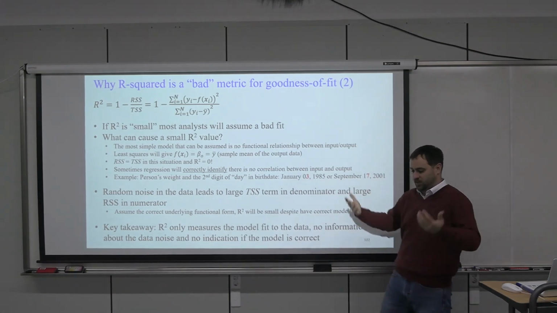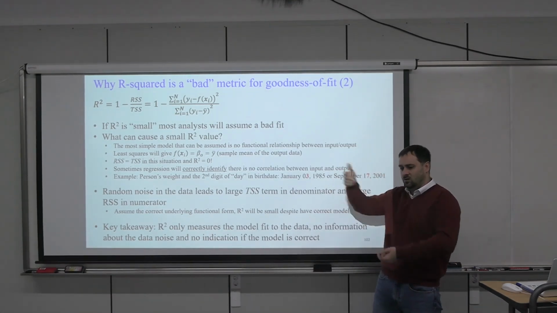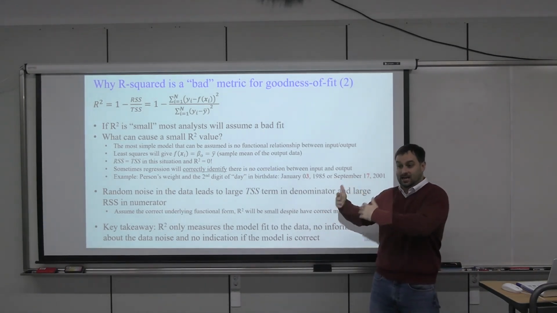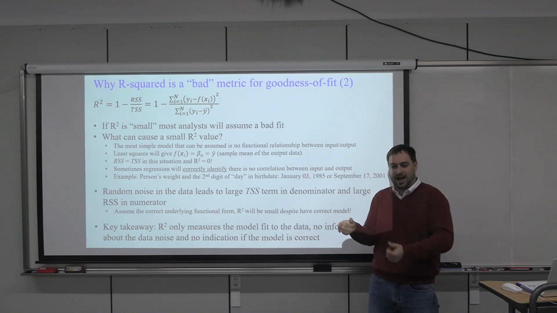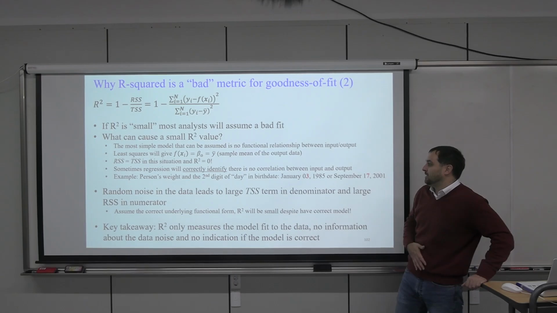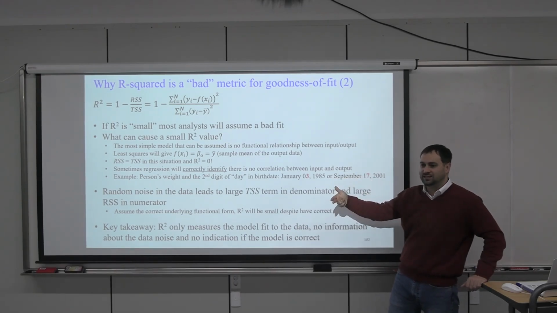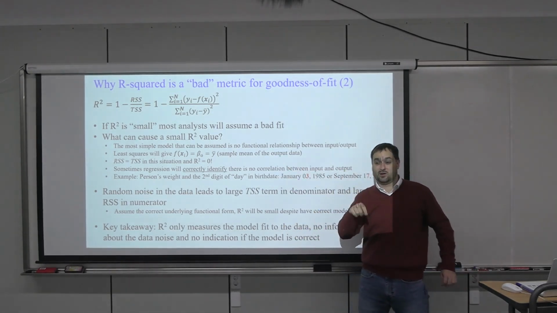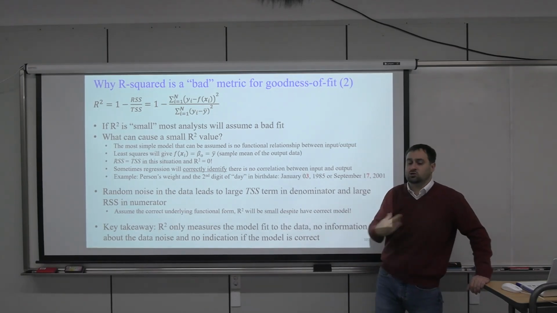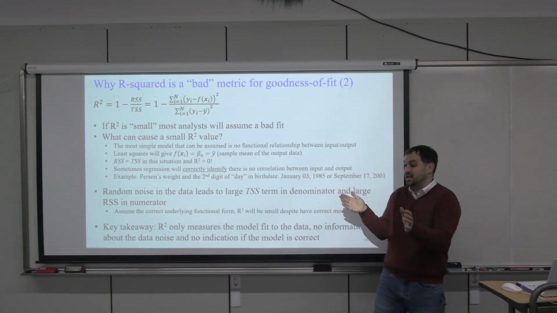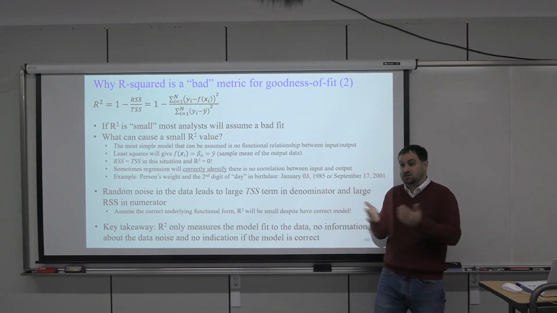Do you think there's a correlation between our weights? And let's say we did this for 100, 200 people. There's probably going to be no correlation. Now we might get lucky in the sample size we have, but there's probably no correlation. And so we would hope the regression would show that, and our R-squared would go to 0. So if there is no correlation and the regression accurately determines that, R-squared will be 0. In some cases the correct model, and actually many times in many fields of study, there is no correlation,